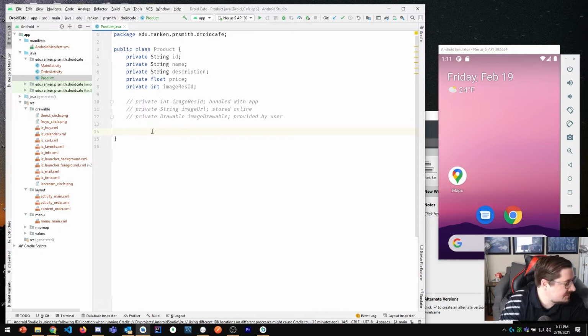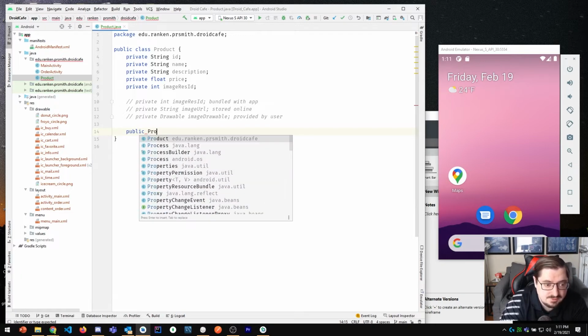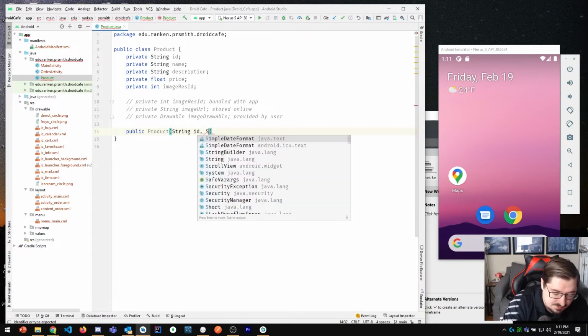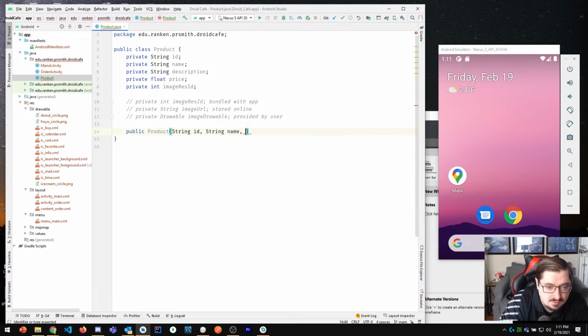Okay, so things I need to do. This is a model class. Remember my model classes, typically I want to have a constructor. So that's the first thing I'm going to put in here, a constructor for the product. So public Product, and in there I'm just going to take all of the values that we just declared. So string ID, string name, string description, float price, the image resource ID,